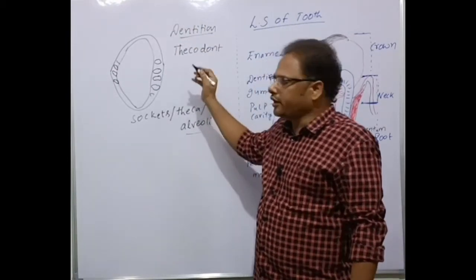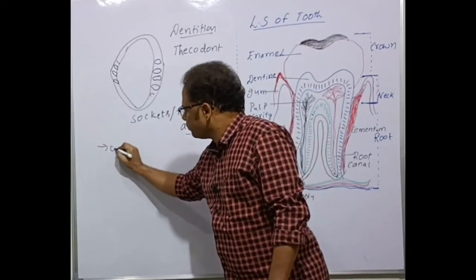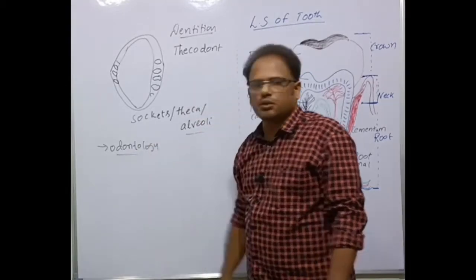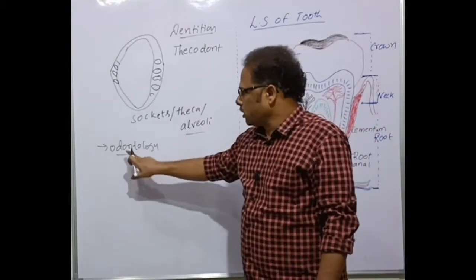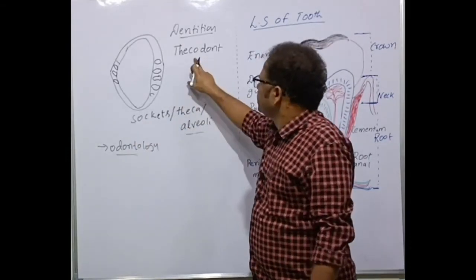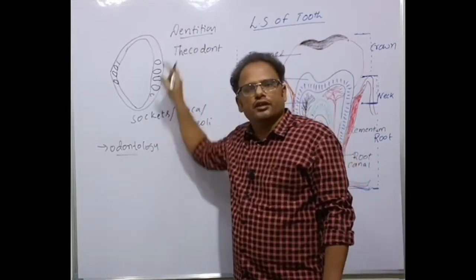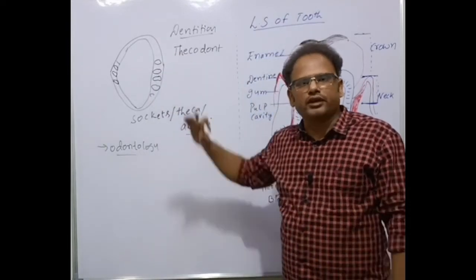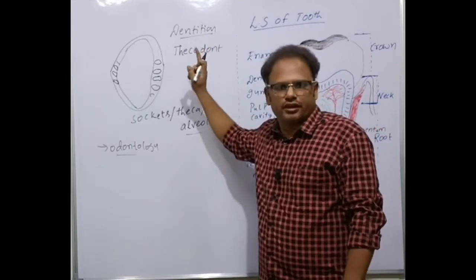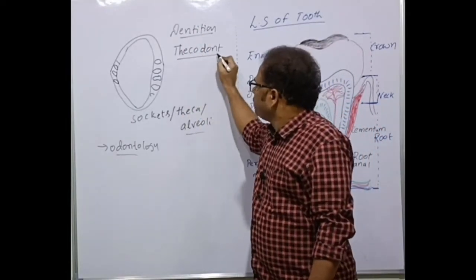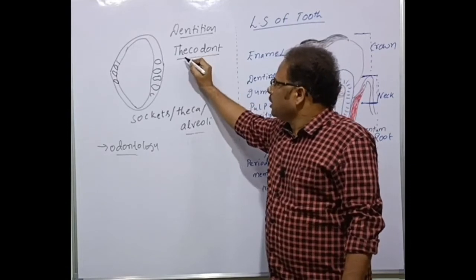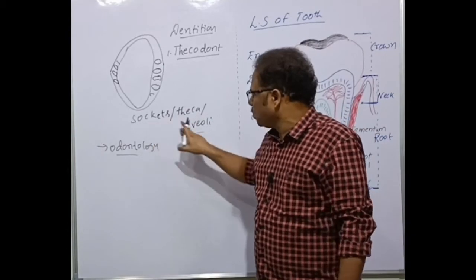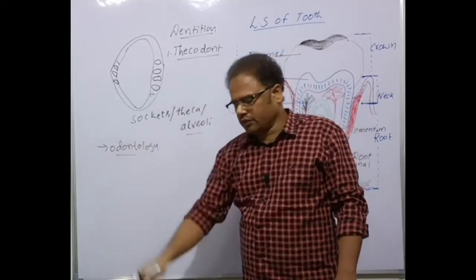That's why the study of teeth is called odontology. A dentist is a teeth specialist. Anything dont means related to the teeth. Then, what is dentition? The pattern of arrangement of teeth is called dentition. Clear? The mammalian and human teeth are called thecodont dentition. What is thecodont dentition? The teeth are present in the theca, sockets or alveoli. That's why thecodont dentition.